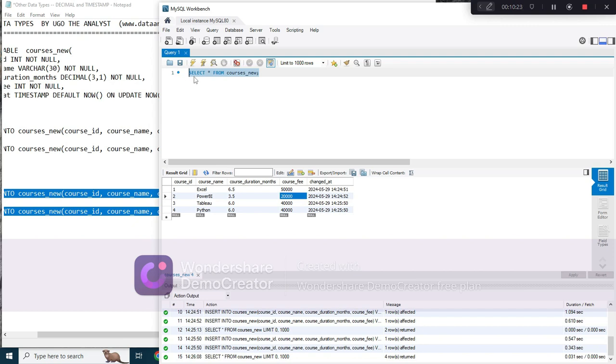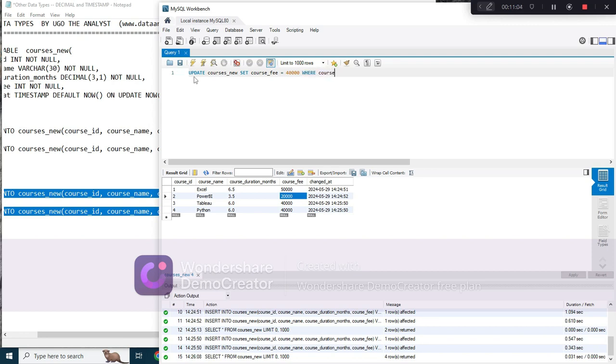We can do that by typing update courses_new, then set course_fee equals to 40,000, where